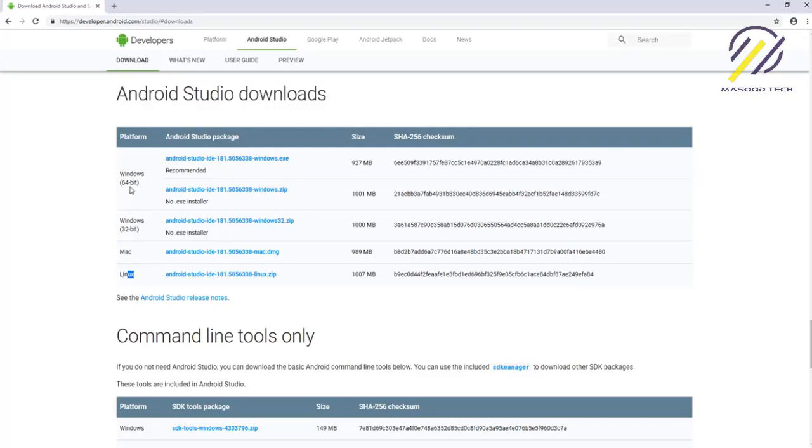So I'm on Windows and I have a 64-bit version, so I'll be downloading this one. If you have a 32-bit version, you need to download the zip file. There is no installer file, but for the 64-bit version there is an installer, which is an .exe file. And if you don't know what your Windows version is, whether it's 32-bit or 64-bit, the simplest way is